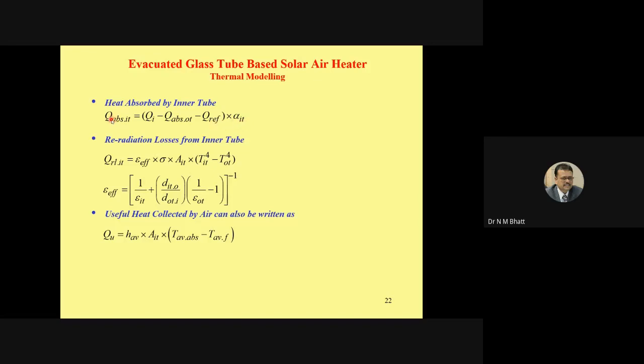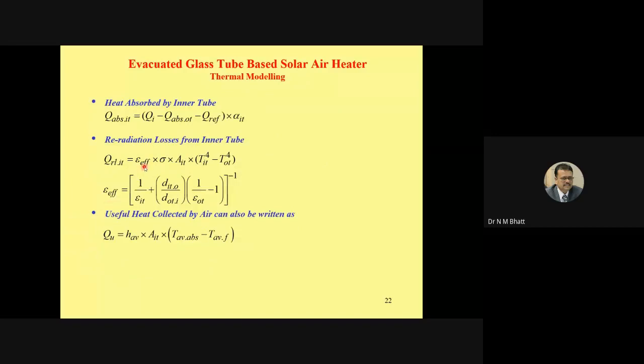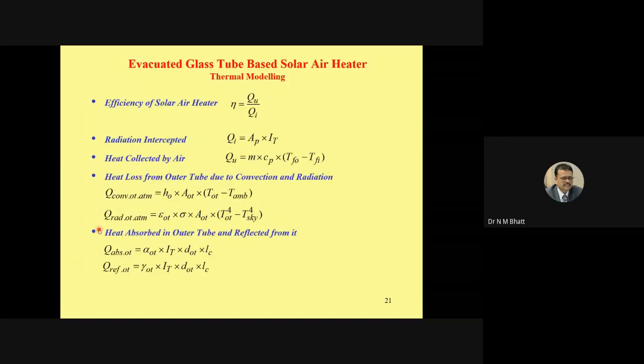Now this heat is absorbed. From that, a certain amount of heat would be radiated. So the radiation equation is very much similar to this radiation from the outer tube, with the effective emissivity. Now, since the two cylinders are very close, in this case it is radiation from a tube to a larger volume, so the emissivity of the sky does not play any role. The various radiation cases you must have learned in heat transfer. So this is radiation heat transfer from a finite surface to a large envelope.